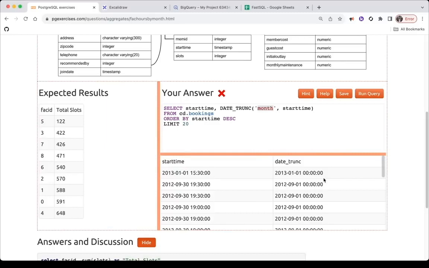Produce a list of costly bookings using a subquery. So this is the exact exercise that we did before, and as you will remember, we actually ignored the instructions a bit, and we did use not a subquery but a common table expression. By reference, this is the code that we used, and this code works with that exercise as well, and we get the result. So you can go back to that exercise to see the logic behind this code and why this works. And if we look at the author's solution,